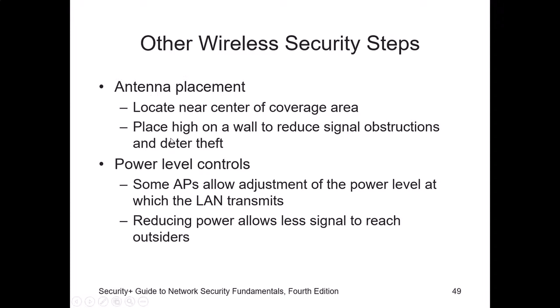With home routers, you really can't control the power, but some APs allow you to control the power. The more you turn up the power, the farther the signal spreads, so the cell increases. But you don't want those signals to leak out of the room, so you can use the knob to control how far the signal can go. You can use test points to see how far you can go without having the signal leak outside.